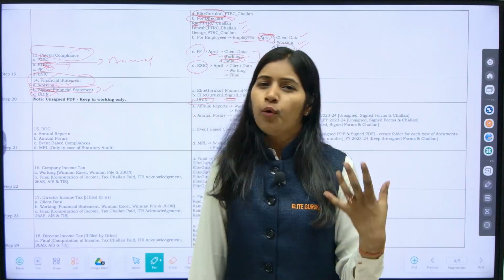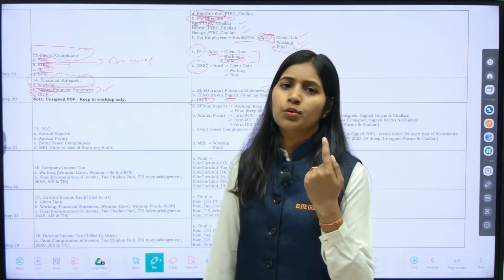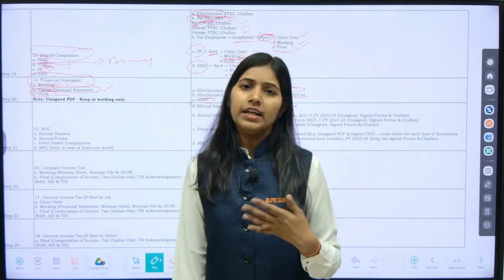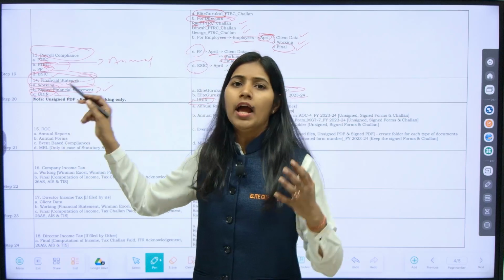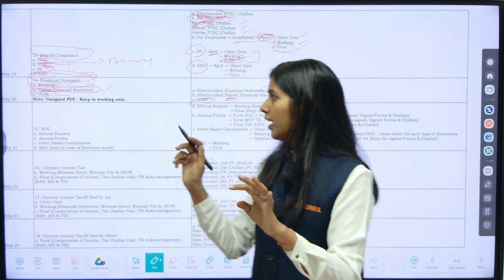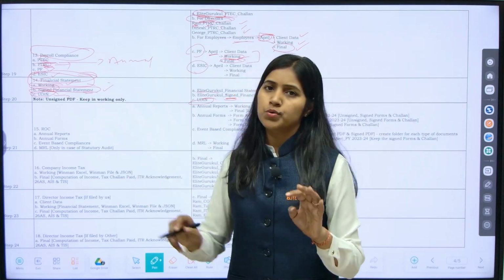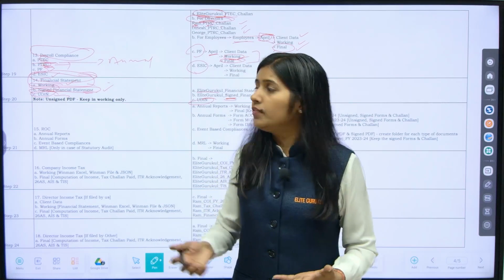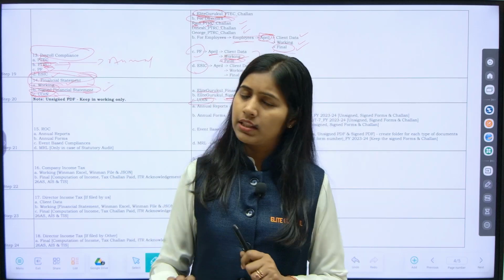Rather than creating a folder for UDIN, I would suggest you, without creating a folder, because it is only a one-page PDF, just keep your UDIN directly outside the folder. So your financial statement is your main folder. In working, your software data and your unsigned PDF will come, and for the unsigned PDF you have to name it like this. And once the PDF is signed, you are supposed to keep it as a signed financial statement, and because it is signed, there is definitely a UDIN. So UDIN you keep outside, simply mention the name as UDIN only, nothing else, no issues.